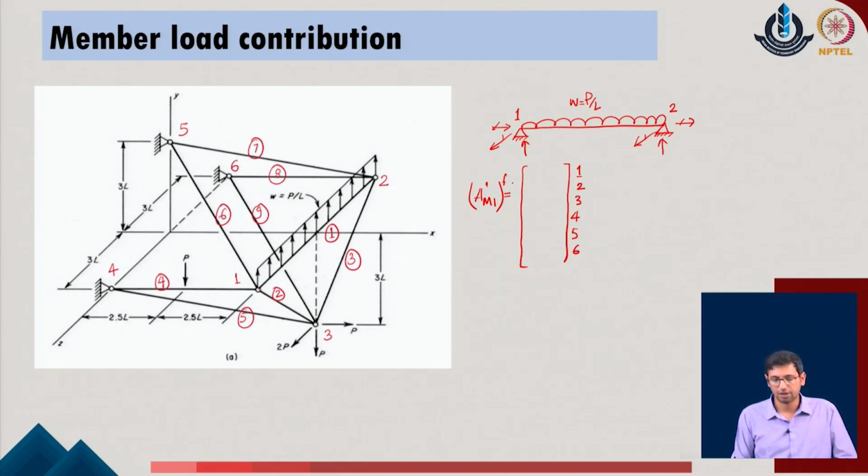So, along the degree of freedom direction 1 it is 0, along the degree of freedom direction 2 it is WL upon 2, which means P by 2 in the given problem, and the length of the given member is 6L for the overall system. So, this is 6P upon 2, which means it is 3P in the given vertical direction. Along direction 3 it is 0, along direction 4 also it is 0, this is 3P and this is 0. So, these are the loads which we have directly evaluated in the global directions of the given system.